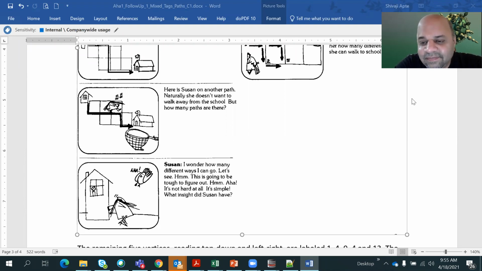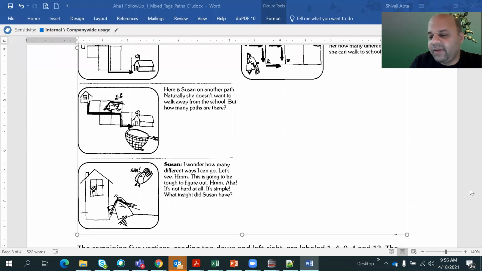Anybody else? Srushti, did you try? Or Madhura? Ashish, 13 ways. Oh, good. Ashish, you have also tried on paper? Yes, sir. Okay, good. And was it easy? Was it tough to do it? No, sir, it was normal. It was normal only, right? Okay, all right. Anybody else? Okay, so fine. And I think you got the answer right.